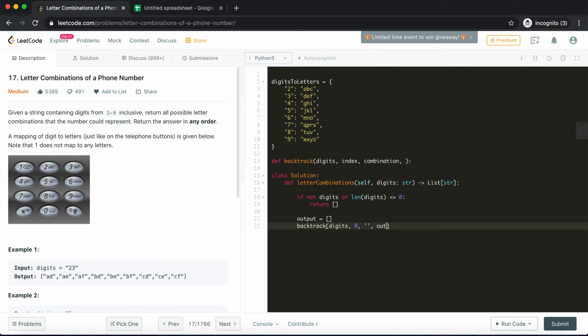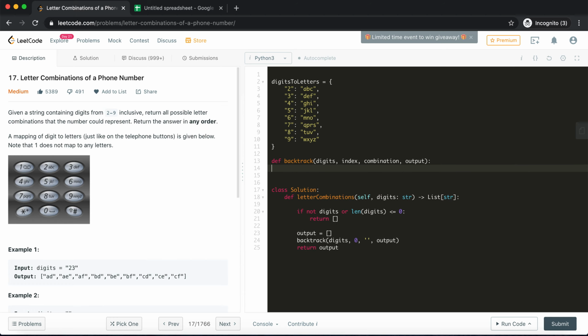And last but not the least, we need an output. So we will pass this output to this function, which will collect all the outputs, and then the parent function will simply return the output back. So yeah, the job of the main function is done.